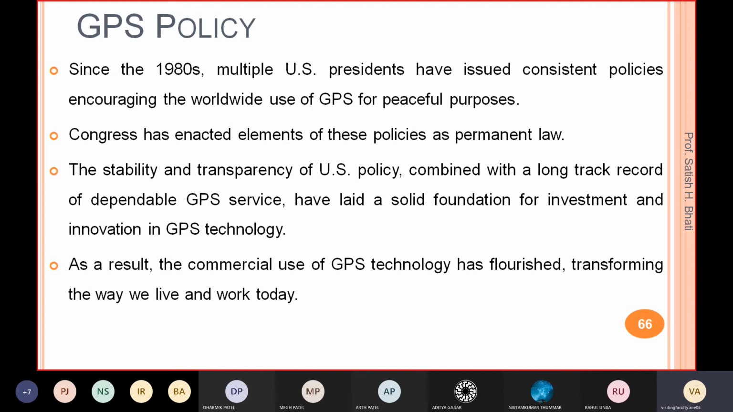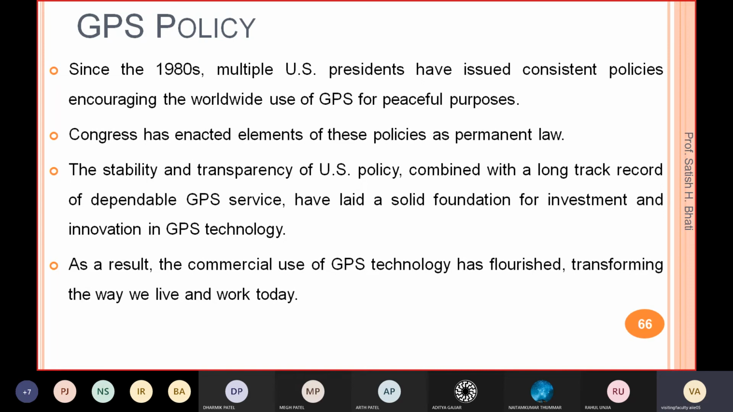The Congress has enacted the elements of this policy, and they will make those points a permanent law. The stability and transparency of the US policy, combined with a long track record of dependable GPS service, have laid a solid foundation for investment and innovation in GPS technology. So this policy is such that GPS will get investment and funding,